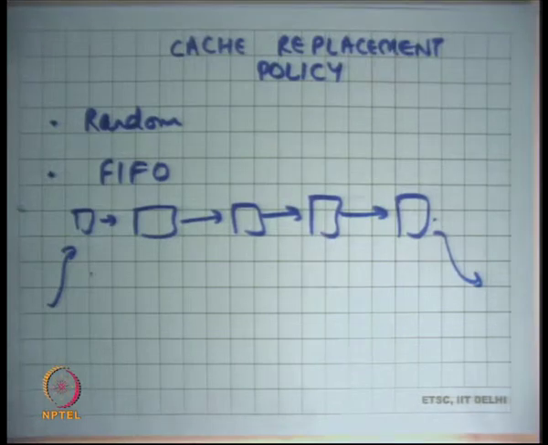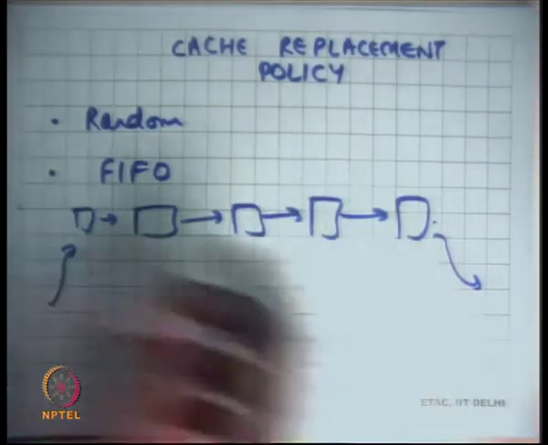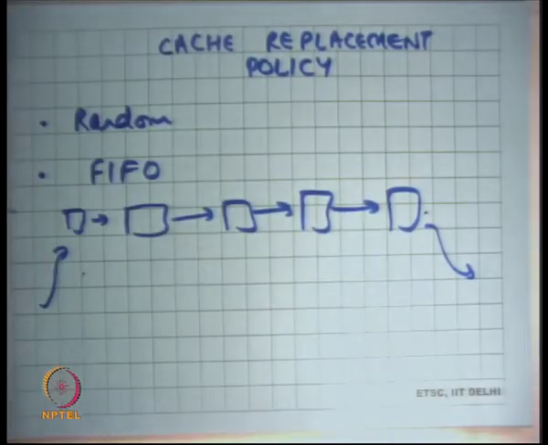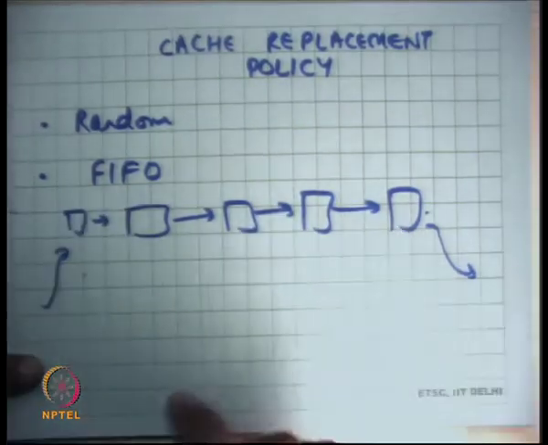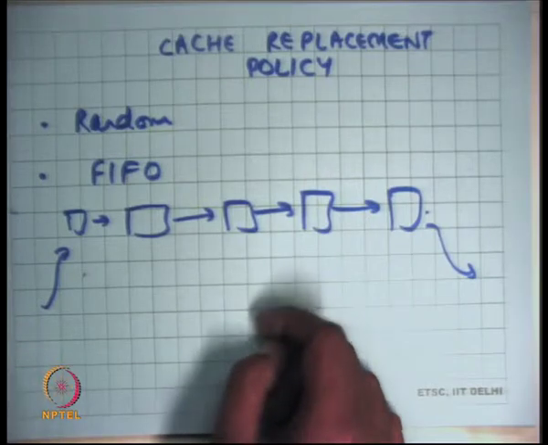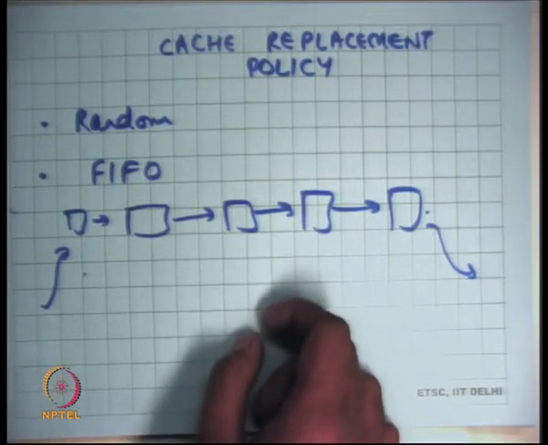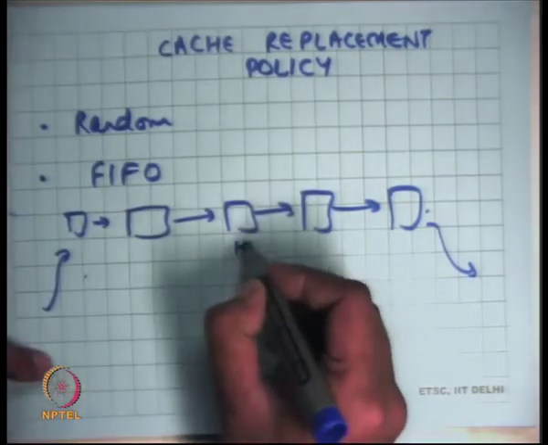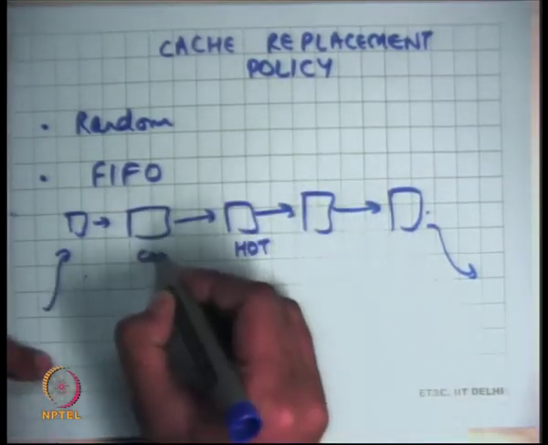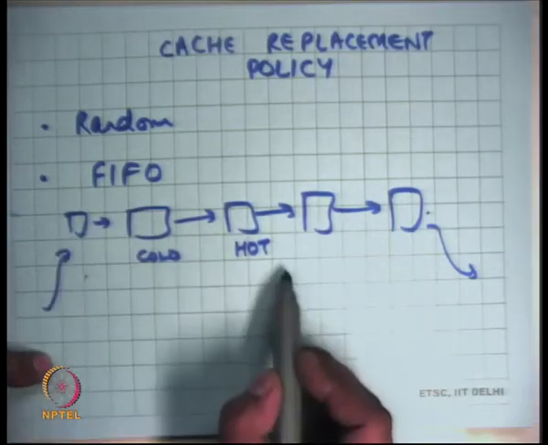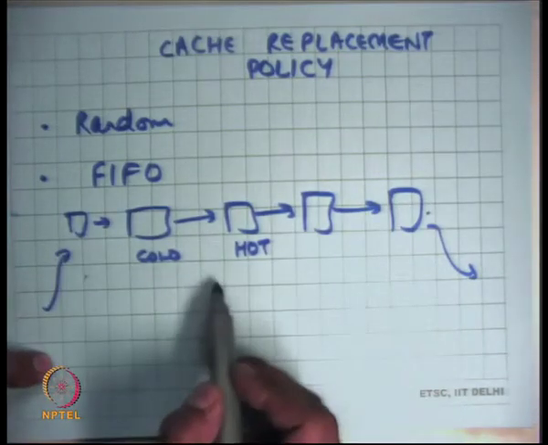Once again, the nice thing about FIFO is that it's very easy to implement. Each time you bring a page in, you add it to the data structure. Adding to the data structure is cheap with respect to the full cost of the page fault handler. You're also making a disk access, so just adding to the list is very easy. Also, removing from the list is very easy. It's very cheap. You're anyway ejecting the page. You're probably going to have a disk write, or have anyway taken a page fault. So ejecting is easy. But the disadvantage is that this organization completely ignores usage. So let's say this page was hot and this one was cold, and you're bringing in some page. Because it's FIFO, the hot page gets removed and the cold page remains.